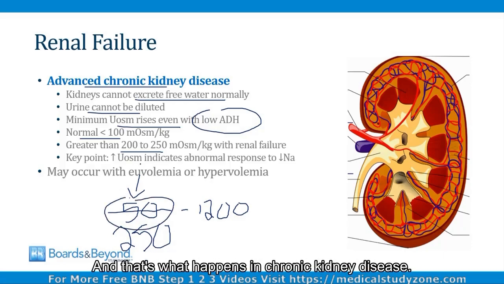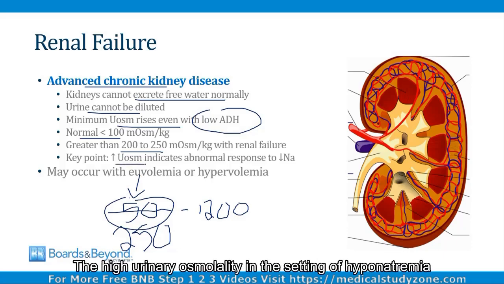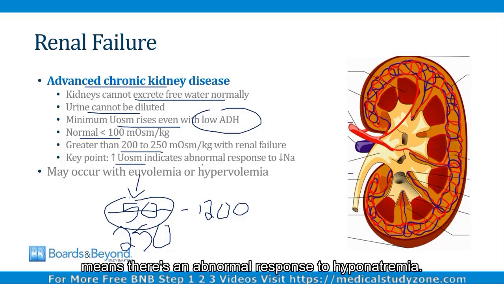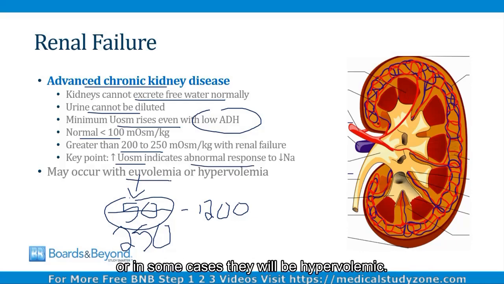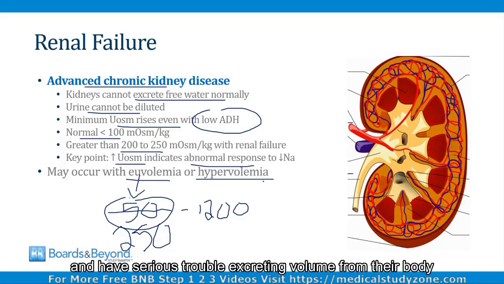And that's what happens in chronic kidney disease. The high urinary osmolality in the setting of hyponatremia means there's an abnormal response to hyponatremia. And these patients can develop euvolemic hyponatremia, or in some cases they will be hypervolemic. If they have advanced chronic kidney disease and have serious trouble excreting volume from their body, then they can even